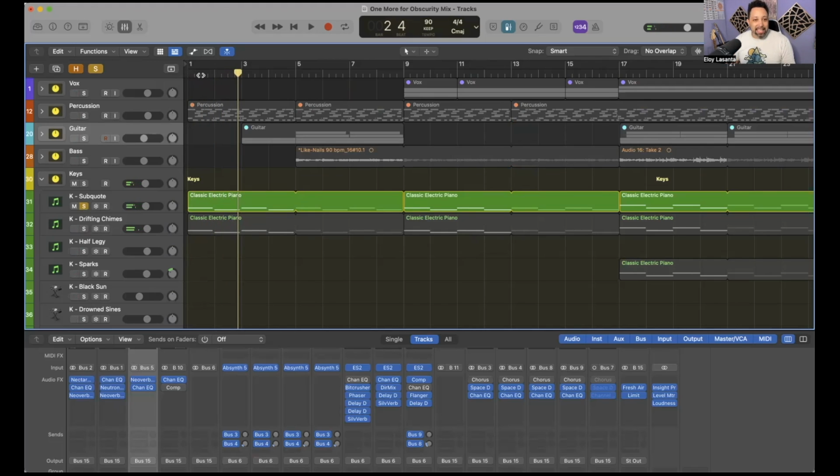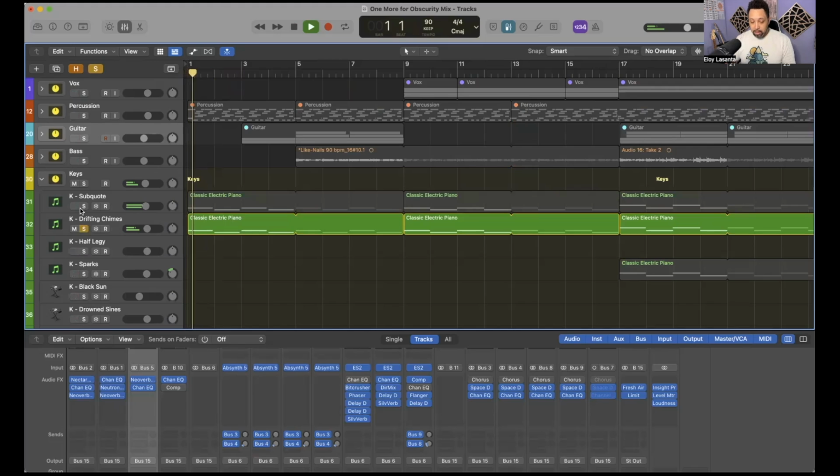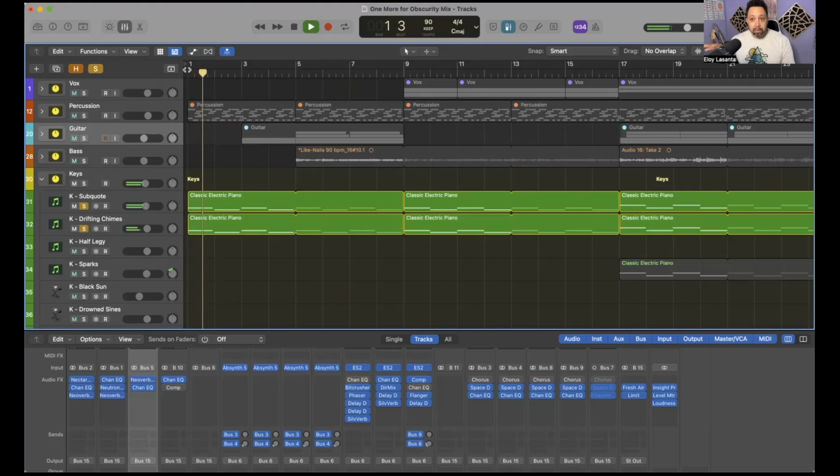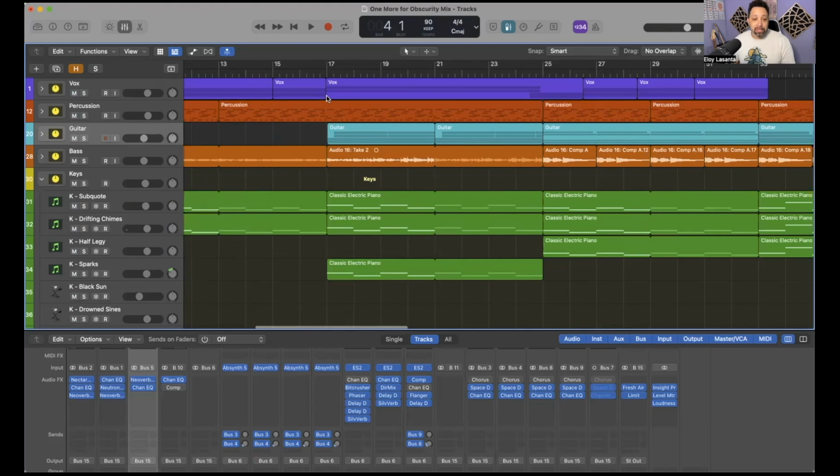So I really like that. But then I went ahead and mirrored that with another effect called drifting chimes. And that's more ethereal and atmospheric, right? It's less musical and more atmospheric. So the two together create this weird kind of spookiness. You know what I mean? So those are the two that are going through most of the song.